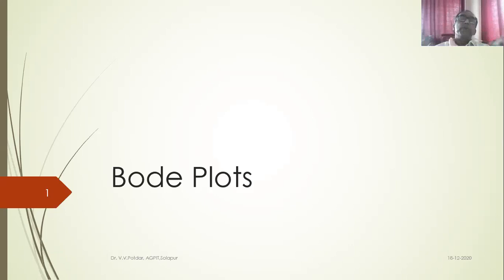Now that also provides me very good information about system behavior. It also tells me about the stability aspect of the system: to what input values the system behaves in a stable manner, for what values of system parameters the system tends to become unstable, and at what cutoff value of the system parameters the system becomes totally unstable. The system goes out of control. So these are predicted by using frequency response methods also.